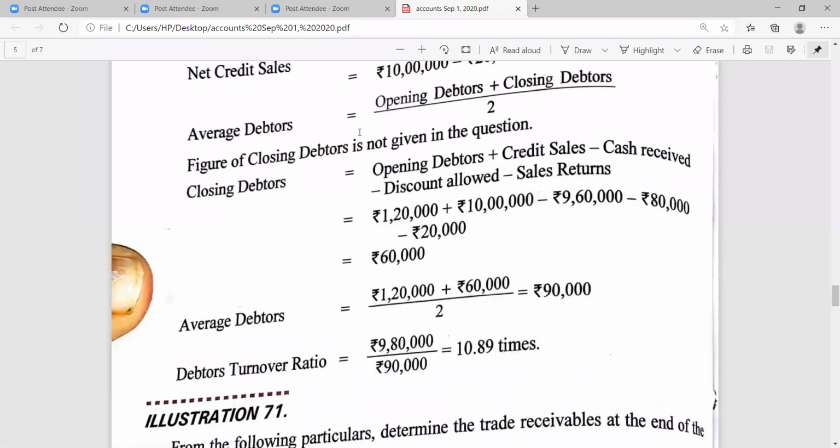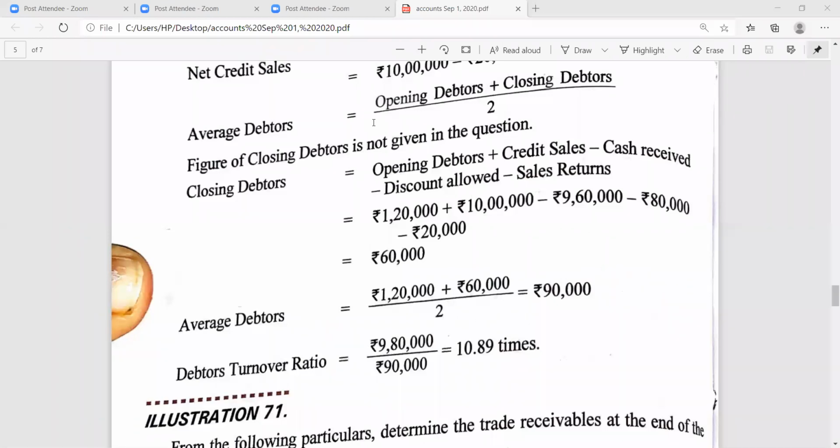Yes. Clear to everybody? Anybody has any doubt? Thank you, Tanya. If you have any doubt, please raise your hand. Dear students, if anybody has any doubt in calculation of closing debtors, opening debtors, net credit sales, or any point, if you find any difficulty, please ask. Feel free to take any query because these things are absolutely new for you. Analyze it, read it again and again, practice it more and more. And wherever you find any difficulty, please ask.